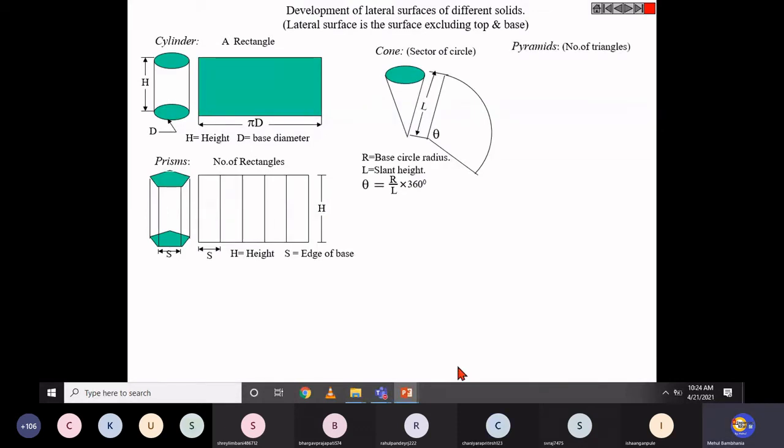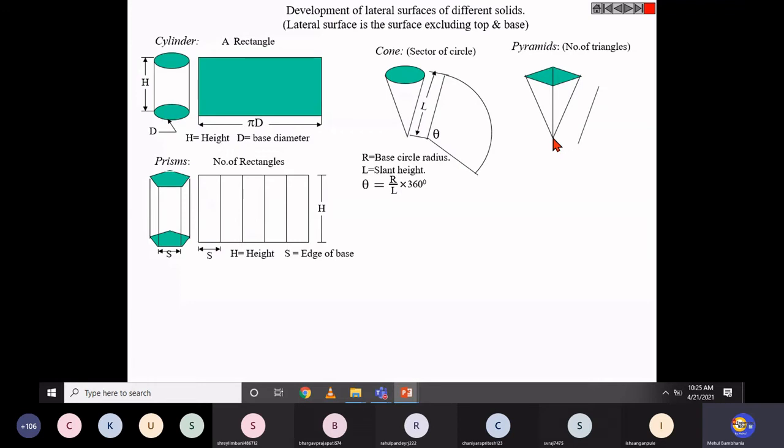So after that we have the pyramid. The pyramid is obviously a similar kind of cone, but it contains sharp edges. Let's say we have a square pyramid. For the square pyramid, again we will start with this apex origin point.